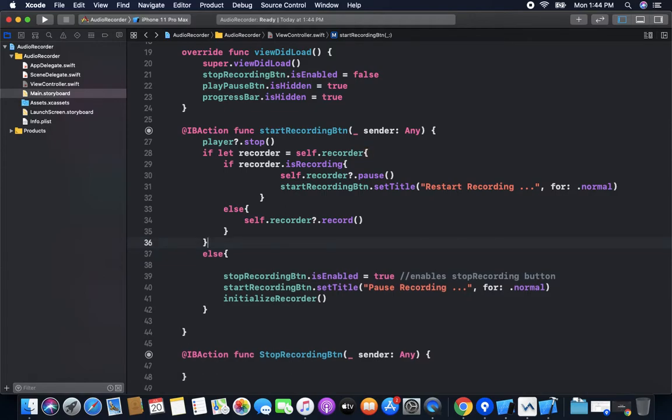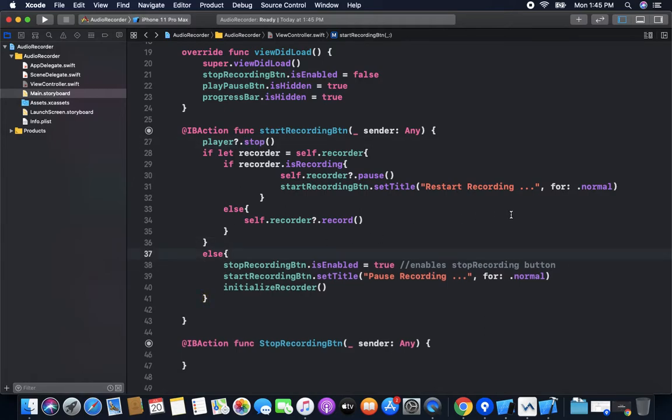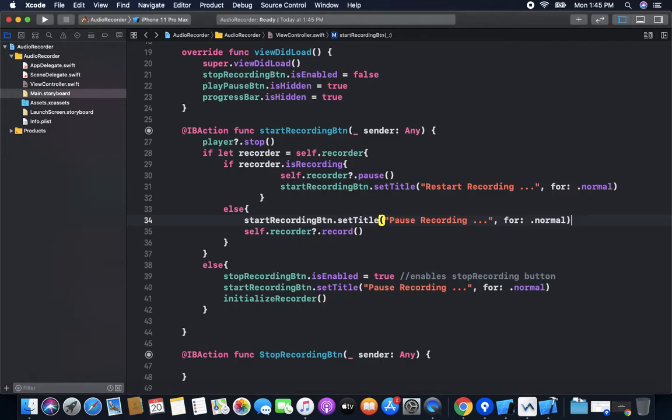Firstly, when the user clicks on start recording, we check if there is a player running behind this. If a player is running, then we pause that player, so we stop that. Next thing we do, we check the recorder.